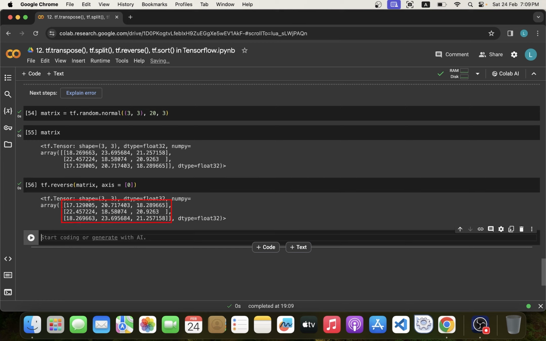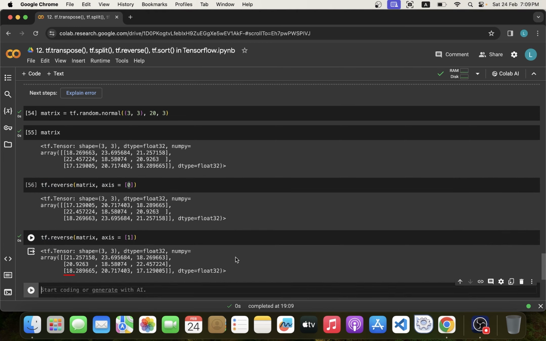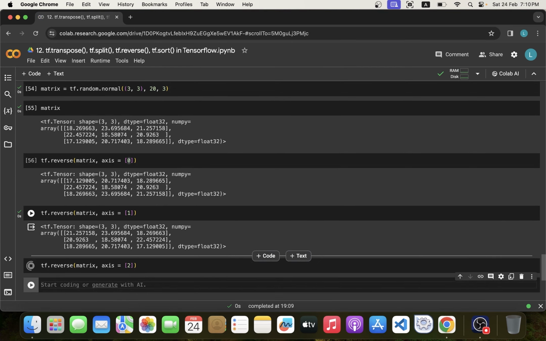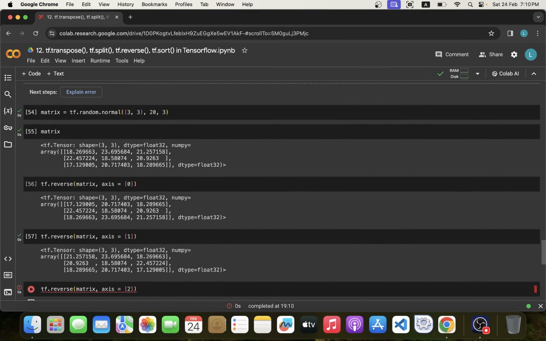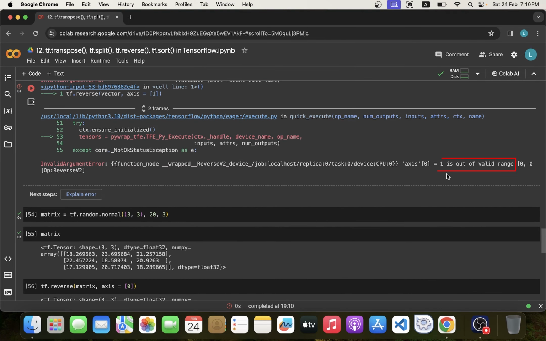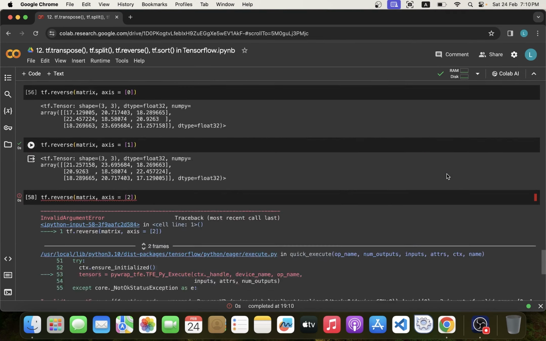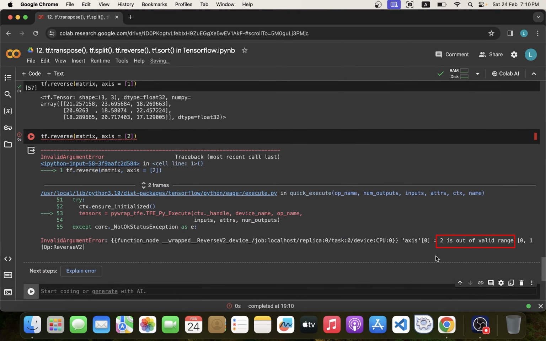And we can see it has reversed perfectly. What if we pass 1 for axis? Let's try that. And we can see it's working perfectly. Now let's try 2. And we are getting the same kind of error like previous time. Here we are getting 1 is out of valid